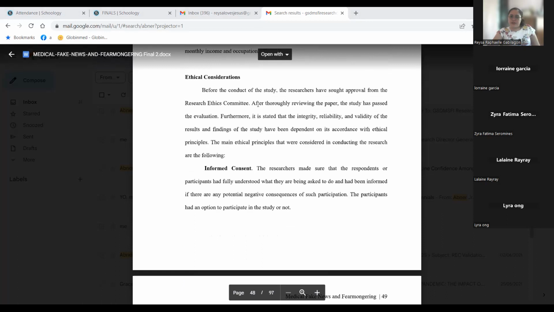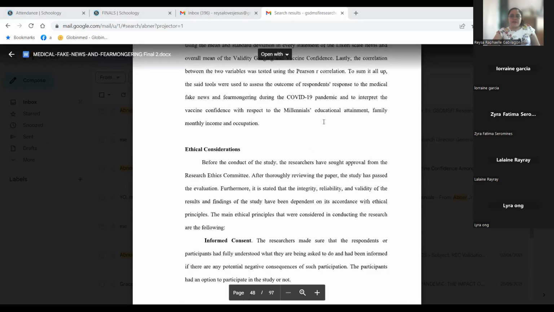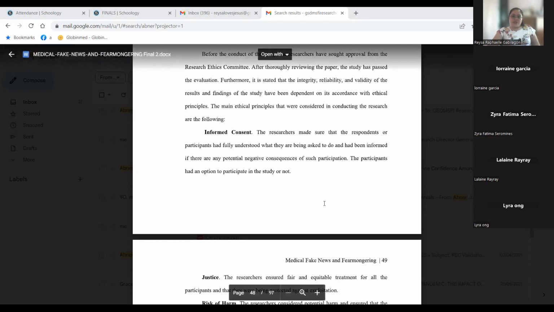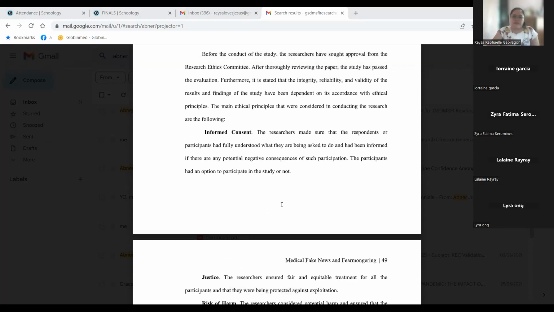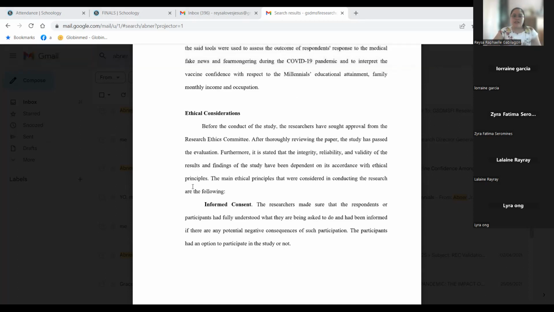What do you mean? You really have to separate an ethical consideration for your research. It should not be found in the data gathering procedure. The data gathering procedure will just have the exact step-by-step procedure in the collection of the data. The ethical consideration should be here. Okay? Yung even in the handling of your patient, extracting of blood, handling of specimens, na lahat ng ethical consideration dito ilalagay. But the step-by-step procedure doon sa taas sa data gathering procedure siya.